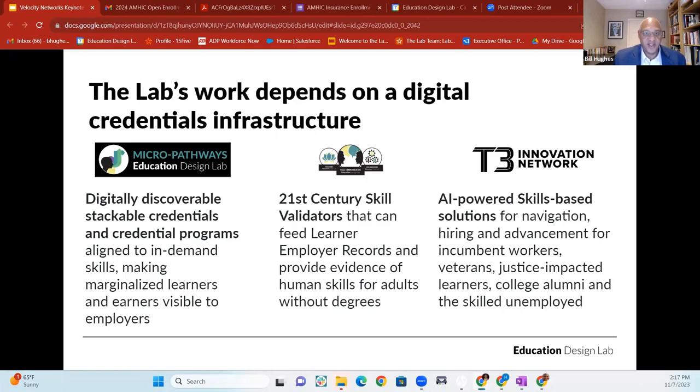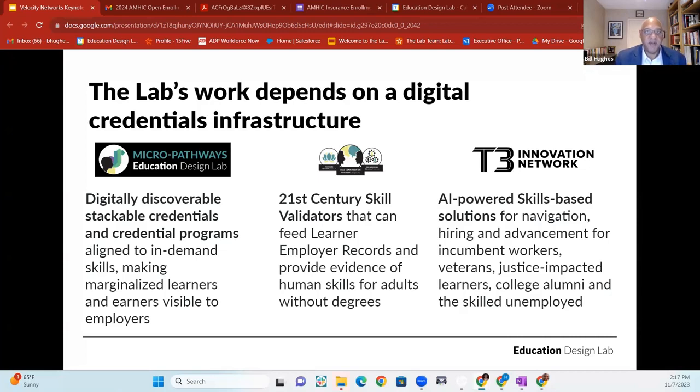We use Credential Engine to codify the skills and the progressions in that pathway. But it's important for those, once someone earns that credential, for it to go somewhere where it can be discovered. Our work with 21st century skills and skill validators allows for adults without degrees to have their human skills visible: